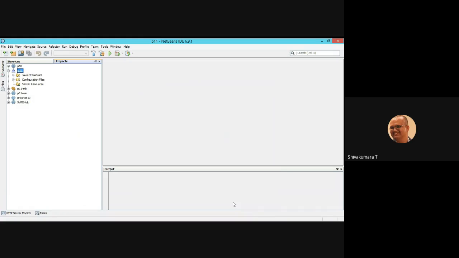Now let us build an application, a calculator application. See, observe P11 with the triangle, it is the enterprise project.